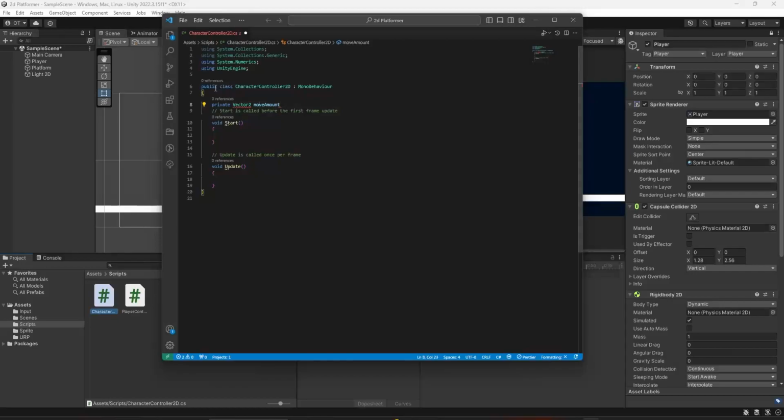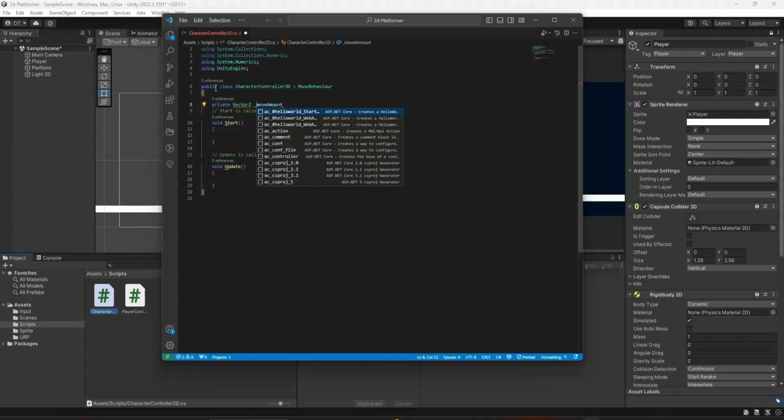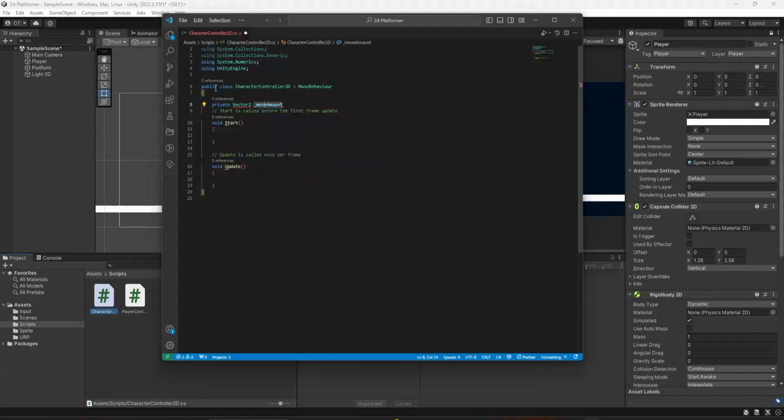Sometimes when I work with private, I can use an underscore here, and sometimes I don't do that, but this just allows me to know that I'm working with a private variable. So let's just use that. I see _moveAmount, and okay, you know what? I don't want to use that. I think it's going to complicate things. So private Vector2 moveAmount,